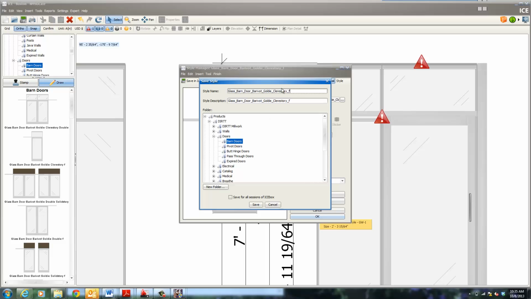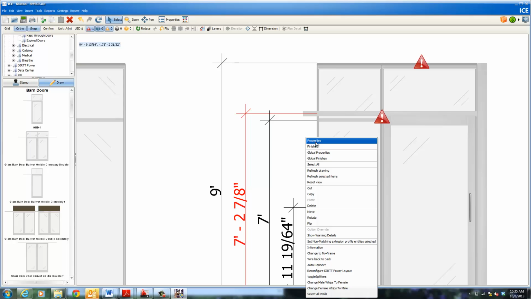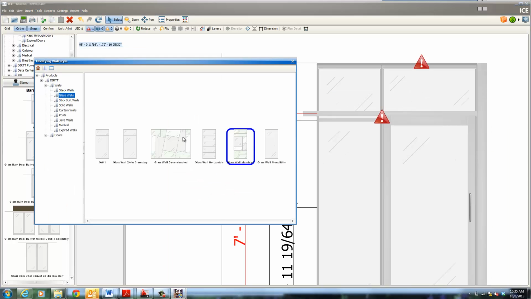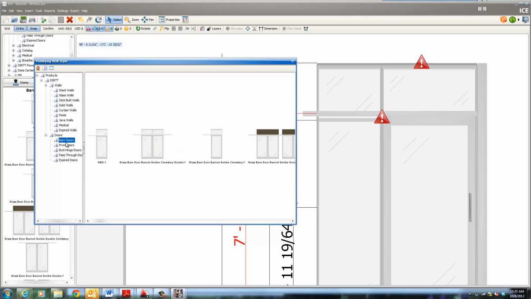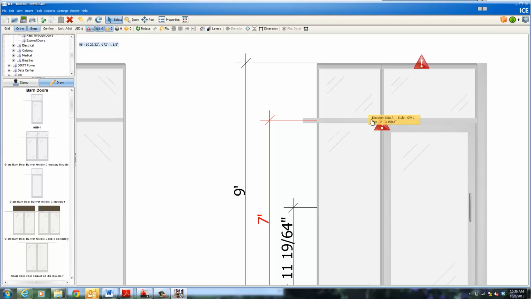Do a save, call that GBD1, save it in there, and do the same thing. So now it's going to grab both of my doors. Small chance that, just so you know, this is going to give me another error because there's a thing with stacked walls where it's a problem. Alright, so